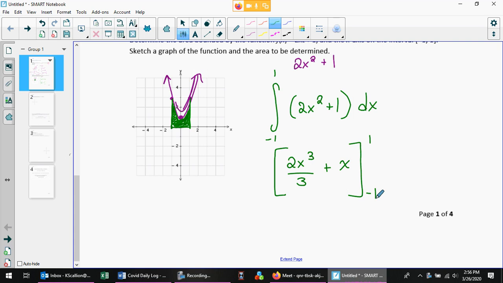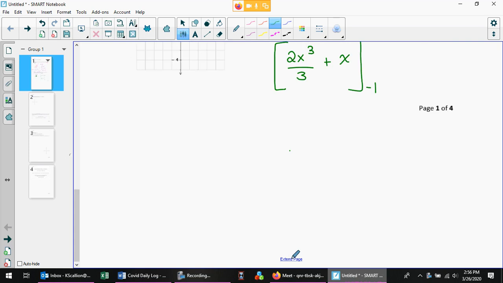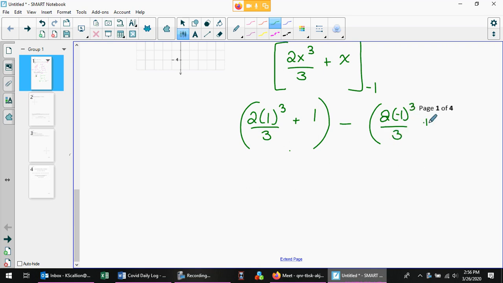So 1 in first: 2 times 1 cubed over 3 plus 1, minus 2 times -1 cubed over 3 plus a -1. So if I've done my math correctly, this should be 5 over 3, and subtract a -5 over 3, which should give me positive 10 over 3